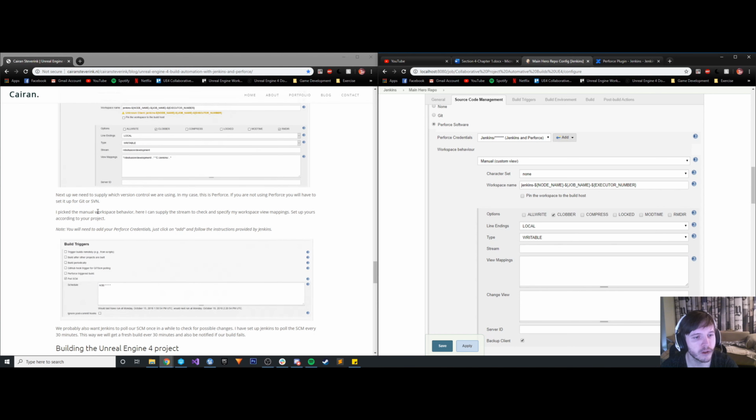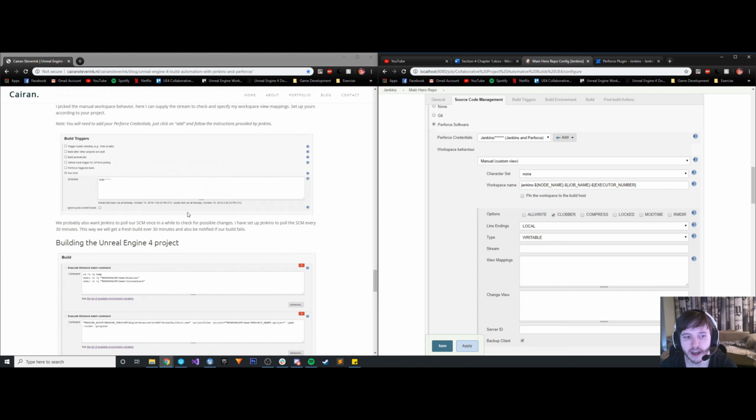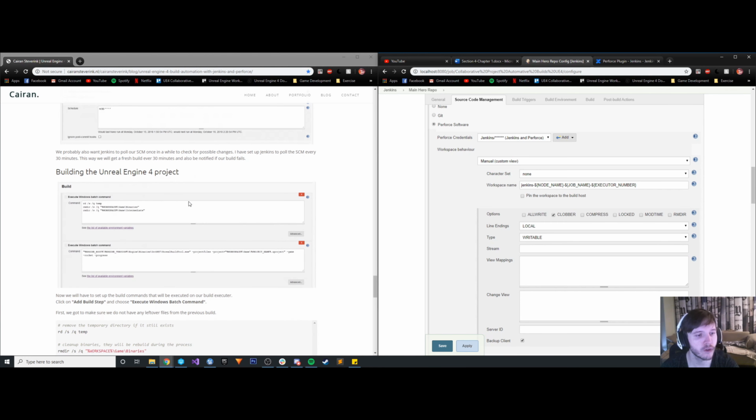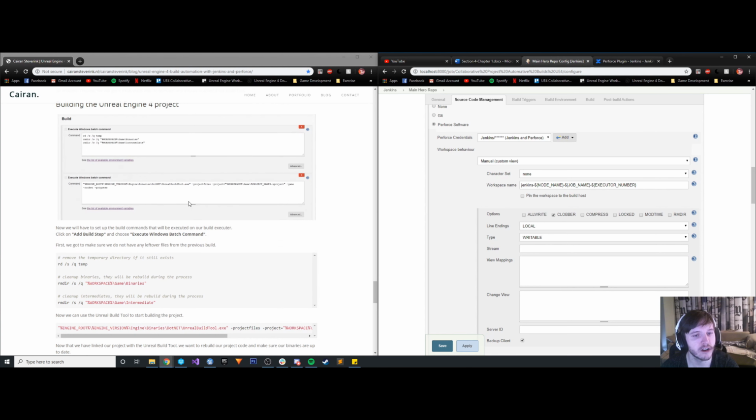I picked the manual workspace behavior. Okay, we probably also want Jenkins to poll our SCM once in a while to check for possible changes. I have set up Jenkins to poll the SCM every 30 minutes. This way we'll get a fresh build every 30 minutes. Okay, that's fine, I don't need to worry about it. Building the Unreal Engine 4 project. Now we'll have to set up the build commands that will be executed on our build executor. Click on Add Build Step and choose